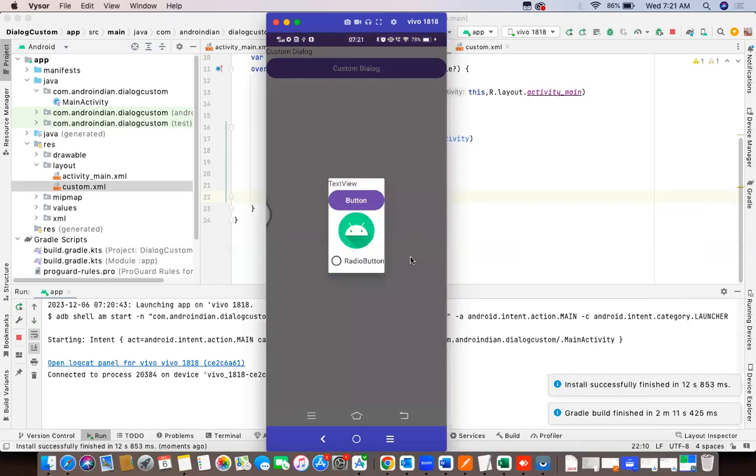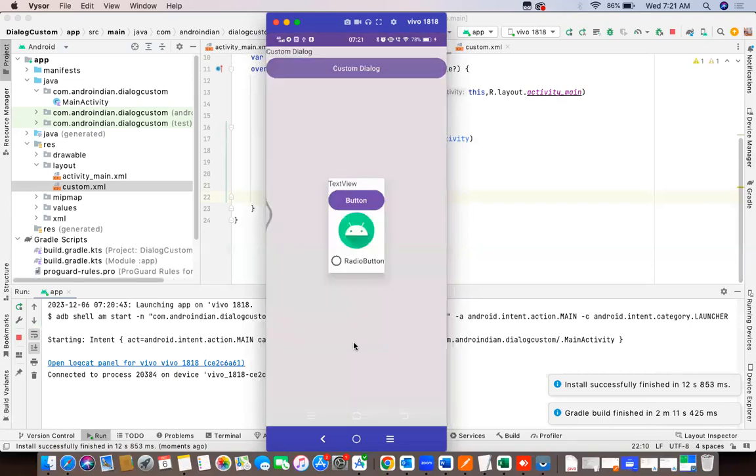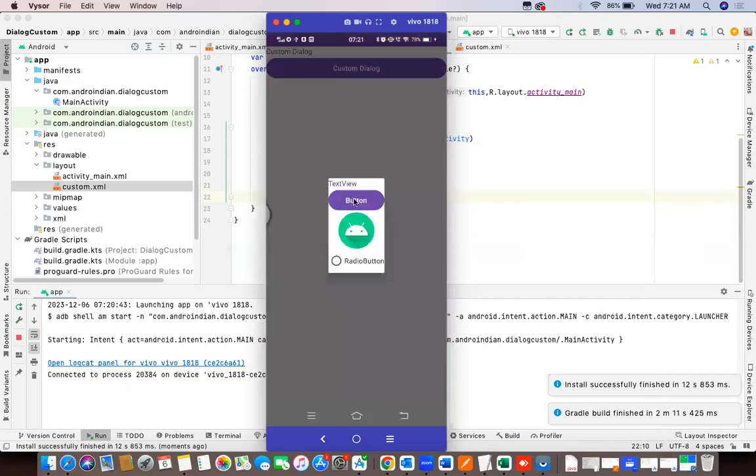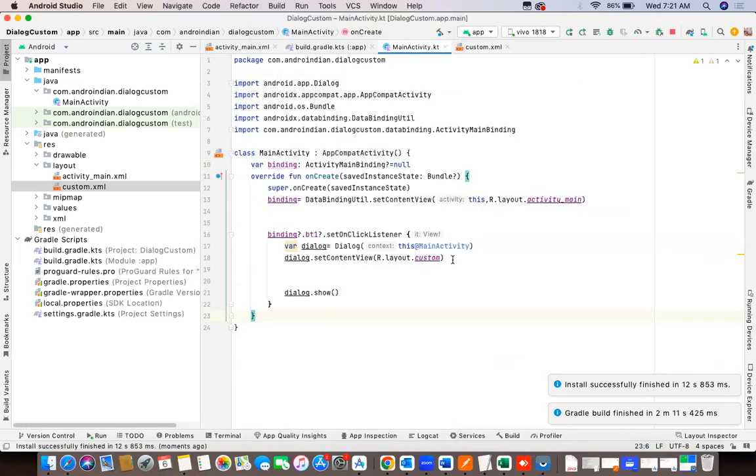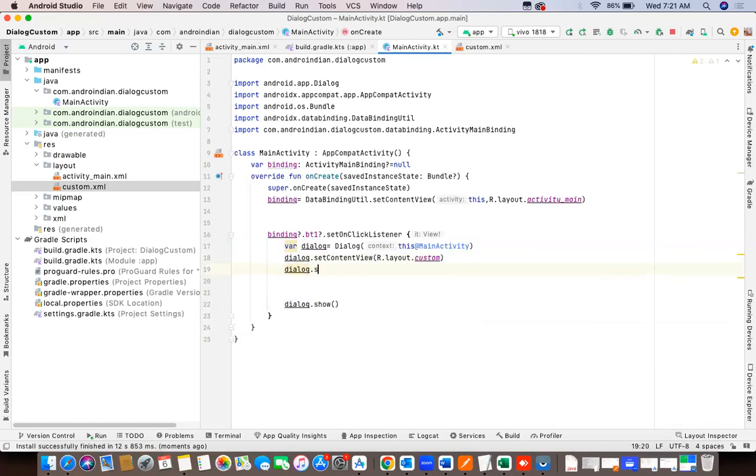But now I'm clicking the side. See, I'm clicking apart from the dialog, another place, but the dialog is closing. But I want the user to have to do some action from the dialog. So what can I do for that? For that, simply, first of all, here we need to put dialog dot setCancelable